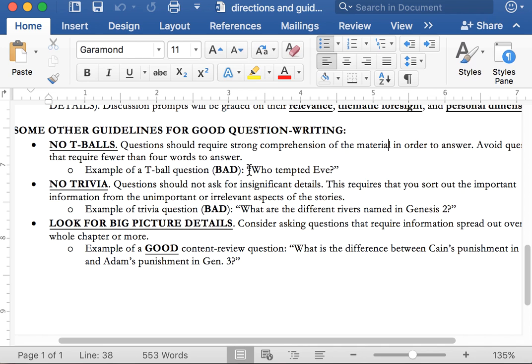I call it a T-ball question because it's like perfectly set up and it's really easy to get. So I have a bad question here. A T-ball question is, who tempted Eve? The serpent. It's so easy. You don't even need to have a strong comprehension of the material